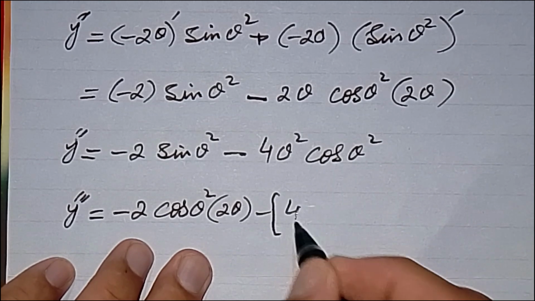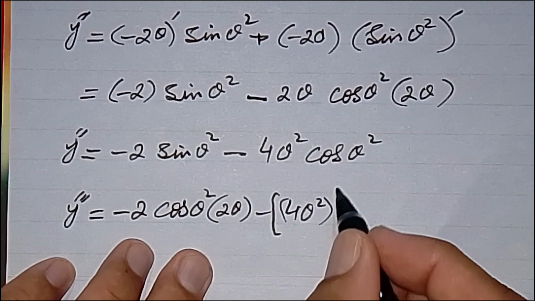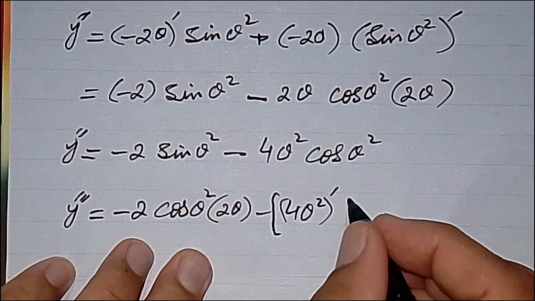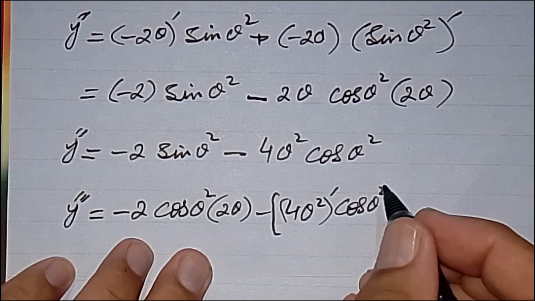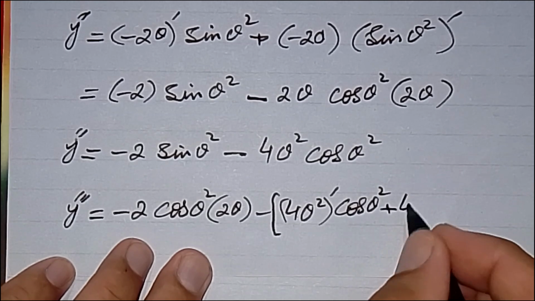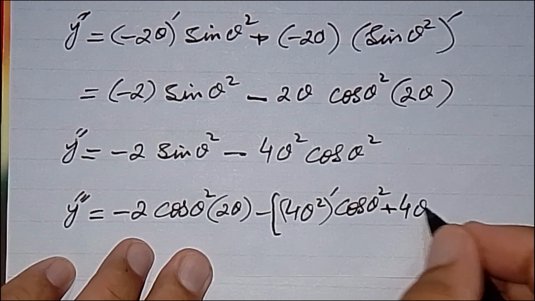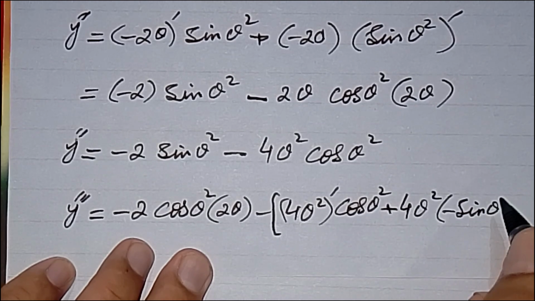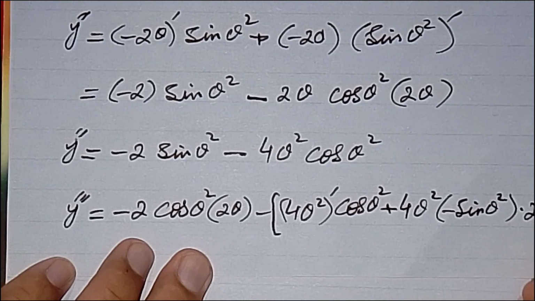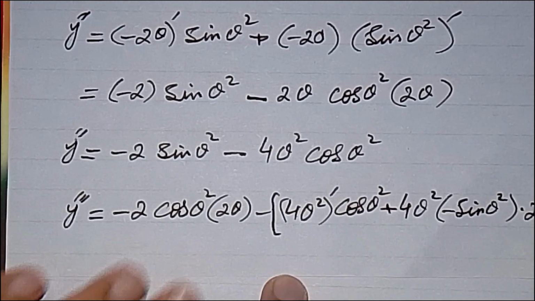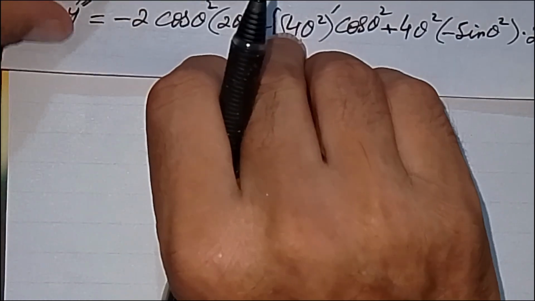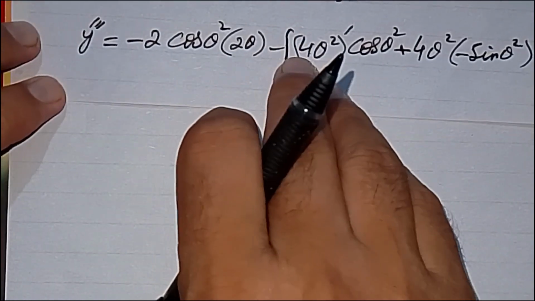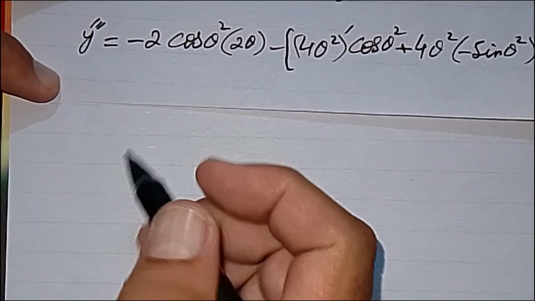Therefore 4 theta square dash cos theta square plus 4 theta square minus sine theta square into 2 theta into 2 theta. Now it becomes